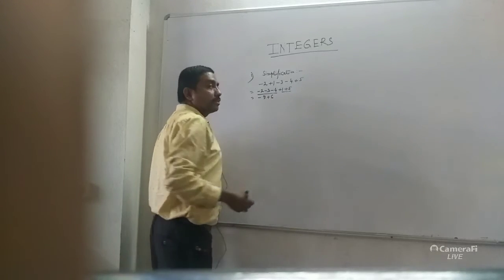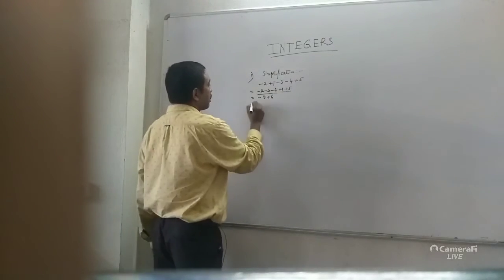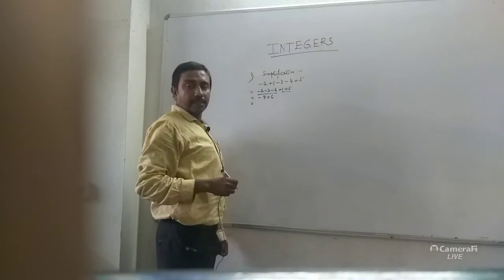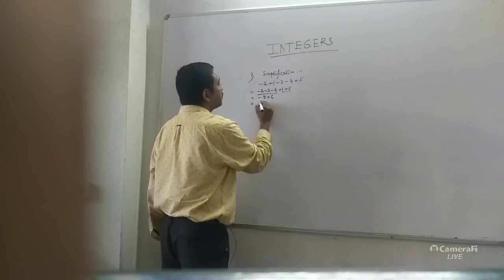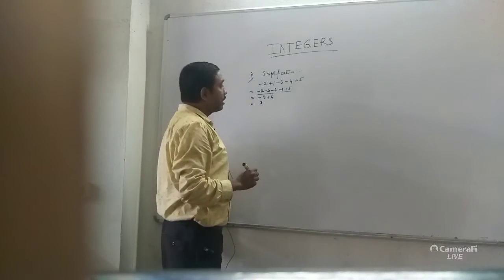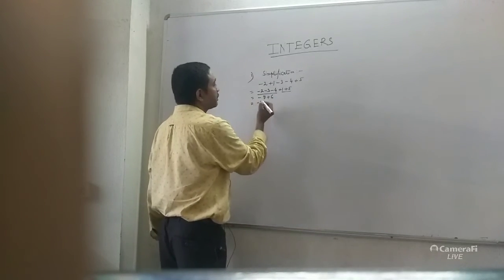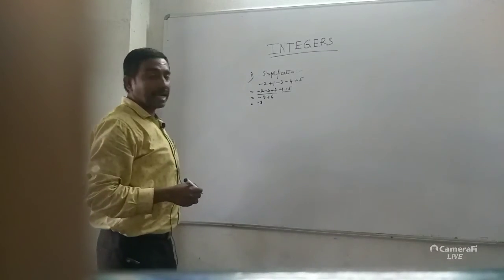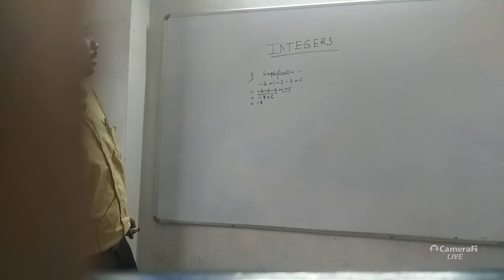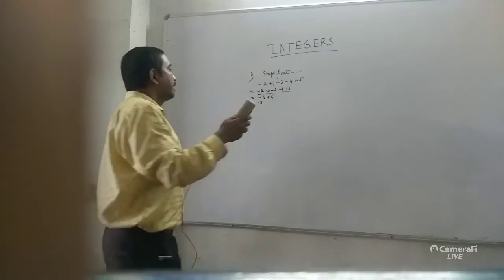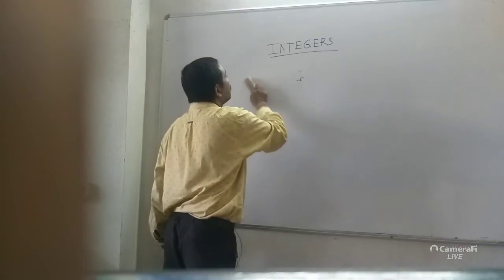Here also do the addition because both of them have the same sign. Now look, both the digits have different signs. What should you do? Subtraction. So 9 minus 6, what comes? 3. What is the sign of the answer? The sign of the greater digit comes in the answer. Here the greater digit is 9. 9 has a minus sign, so in the answer minus comes. In this way you can simplify any equation.